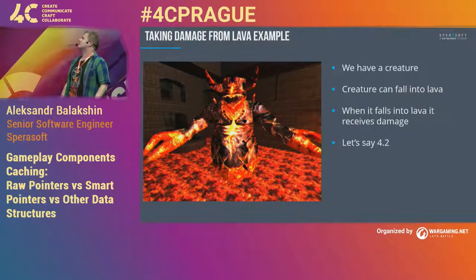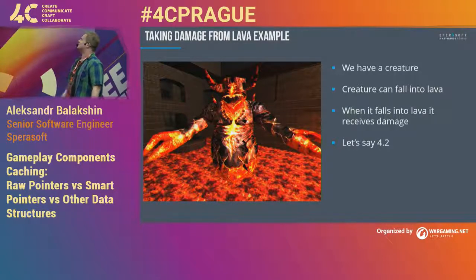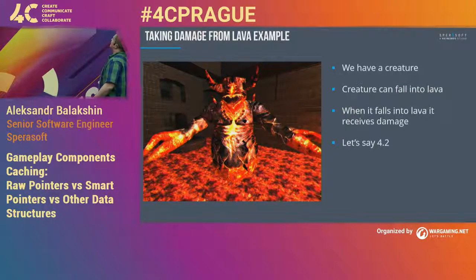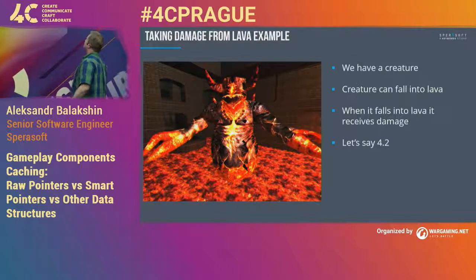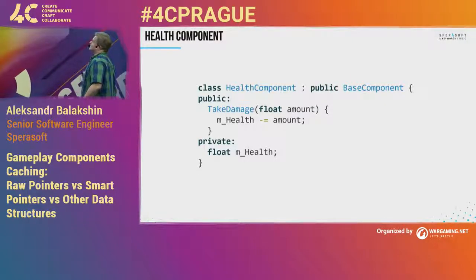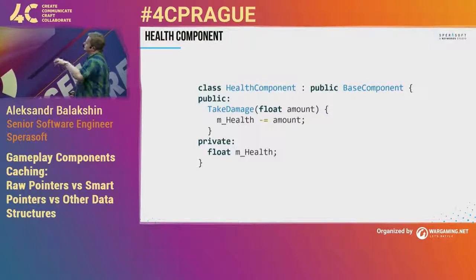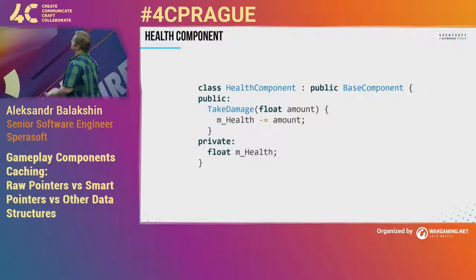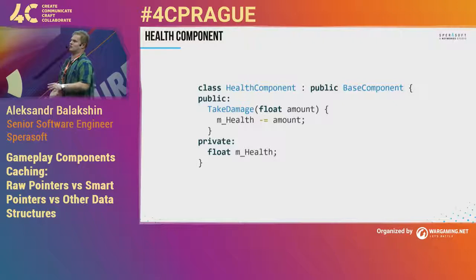Let's say we have Krisha, which takes damage from lava. Well, he doesn't look like he takes damage, but let's assume this. And every time it falls, it has this damage of 4.2. For this, first of all, we need a health component, which will represent our current health state. And the basic pieces of this component are the member variable health and a take damage method, which allows you just to decrease this health by a certain amount. Yeah, I know there should be a lot of additional checks, but let's keep it simple